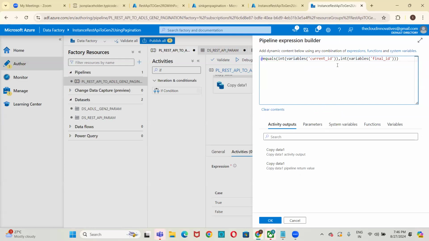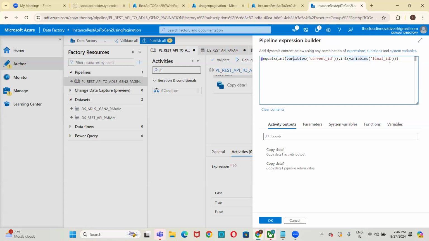Fine now? Yes. So at the rate, integer I'm typecasting variable, and variable is current ID, and then comma, everyone, comma, integer,